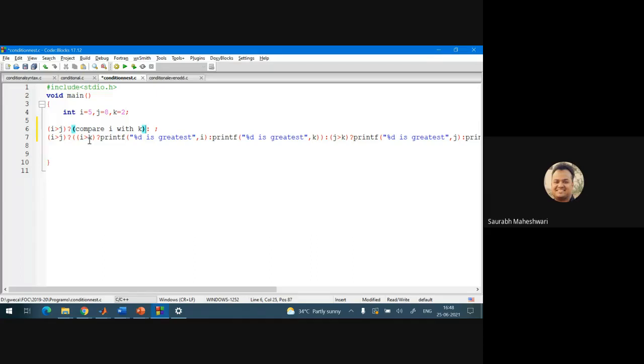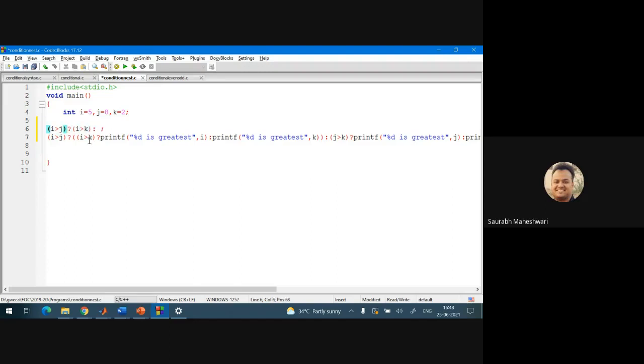Again, this particular condition is again a condition, and this condition is going to give you again a true part and a false part. Fine. So how are we going to do this? Let us just again come on the first line. See carefully. We will write i is greater than k.